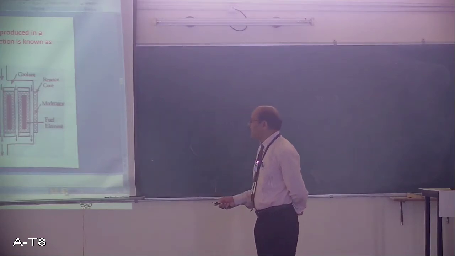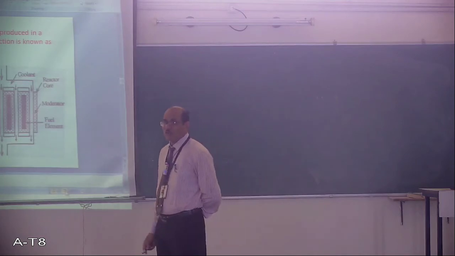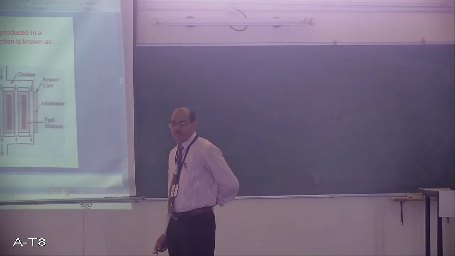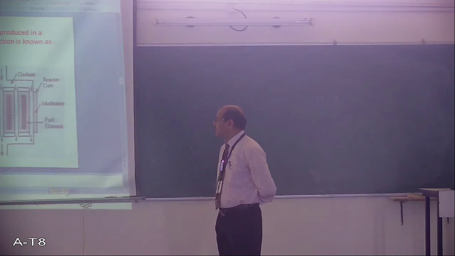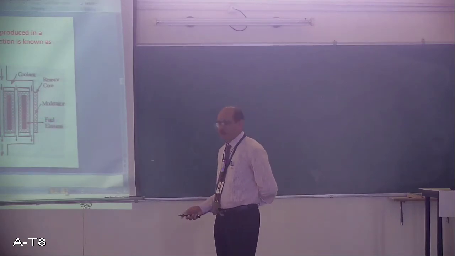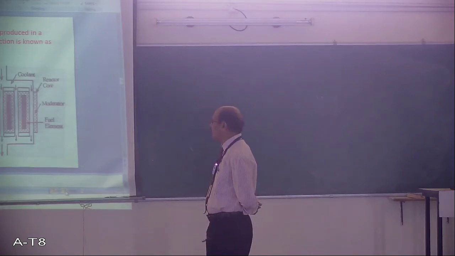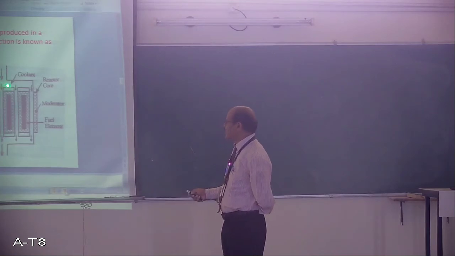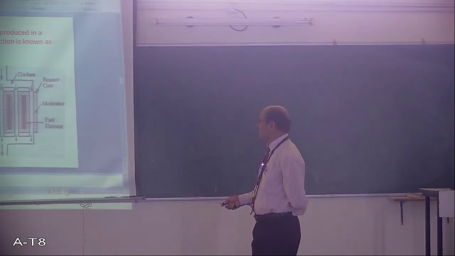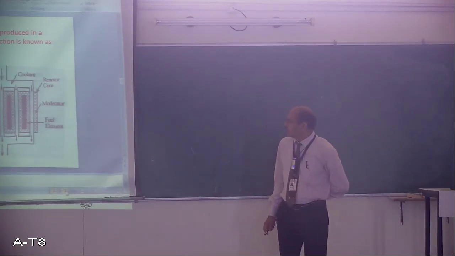Then inlet and outlet are provided for passing of the liquid for cooling the system, because as I told you, an enormous amount of heat is generated in a fission reaction. So this core part, it is called the core. That core contains moderator as well as fuel element. So this should be kept cold, it should be kept at normal temperature. So for cooling it, some coolant liquid is passed, and it is the hot liquid coming out. It is the outlet, and this is the inlet for the coolant.